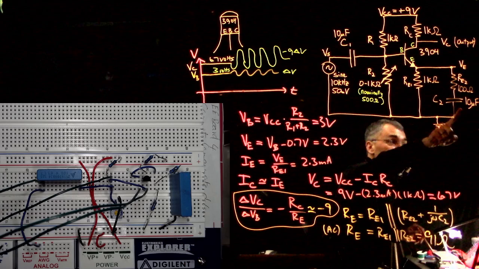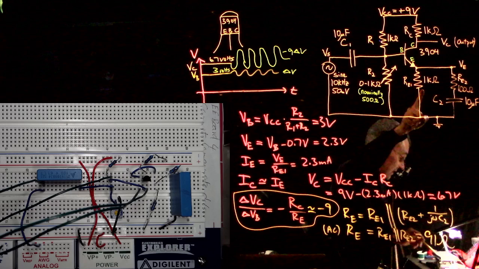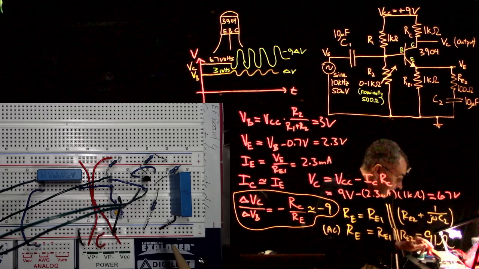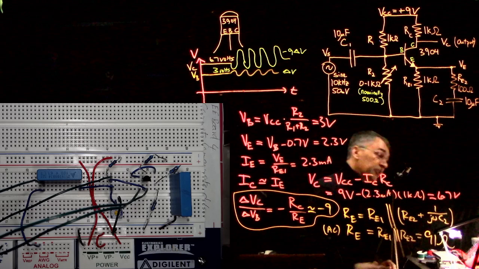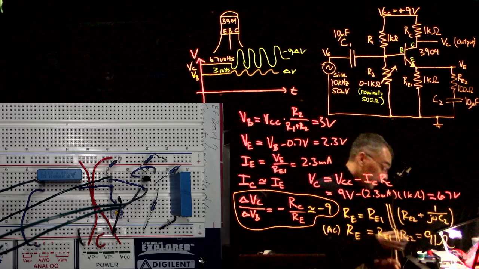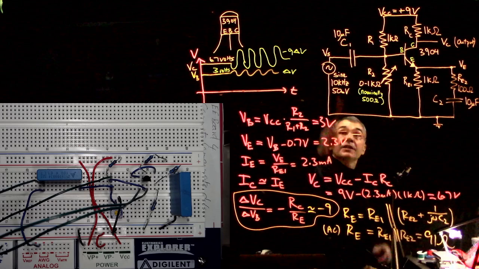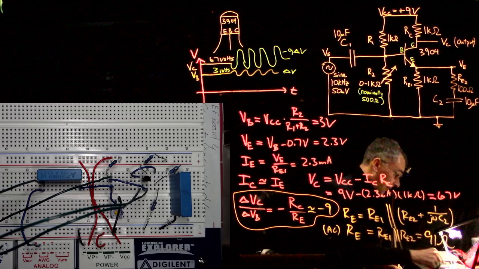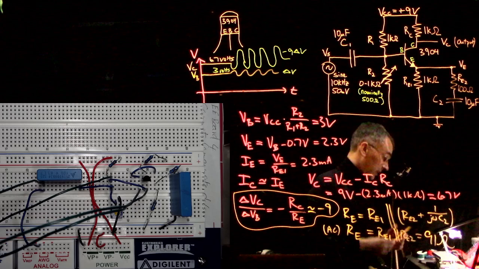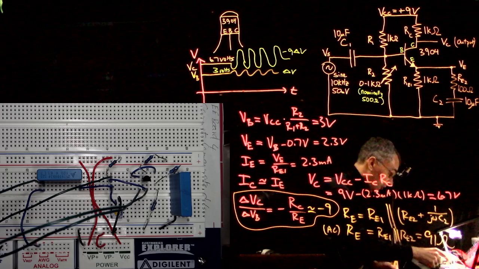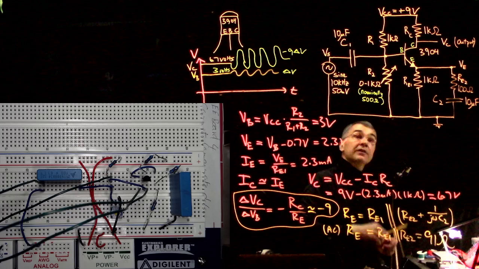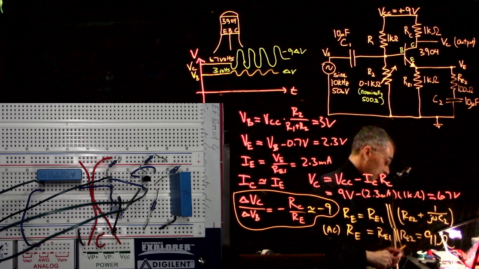So there's C2 and there's RE2, and here was RE1 over here. And then I have scope channels. It's actually really nice to have 4 scope channels for these transistor circuits. So I have scope channel 1 looking at the input signal on the left side of C1. I have scope channel 2 looking at the base. I have scope channel 3, and these are all DC coupled, looking at the emitter, and then I have scope channel 4